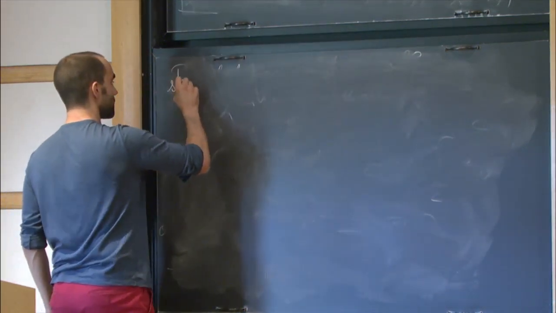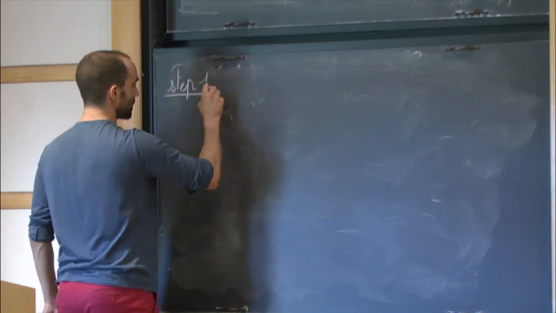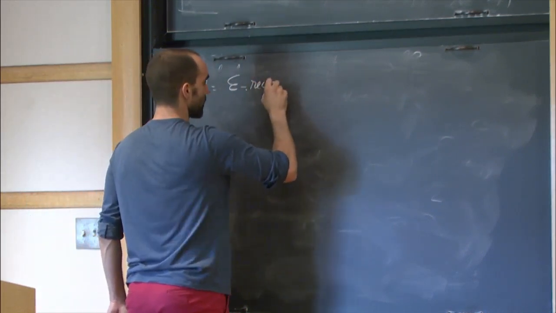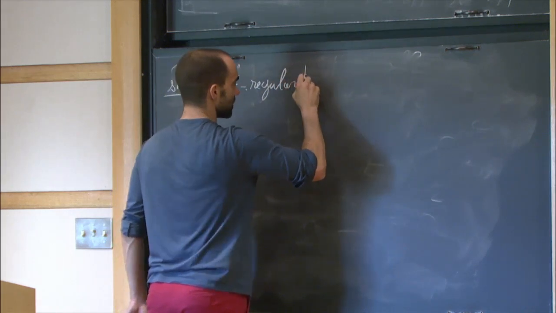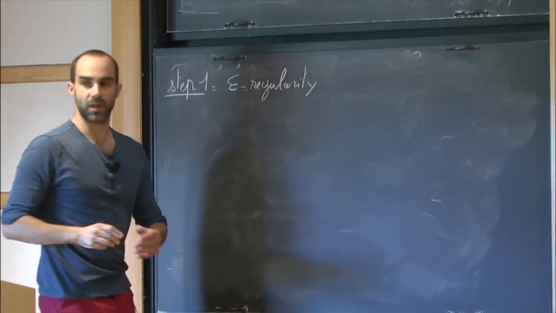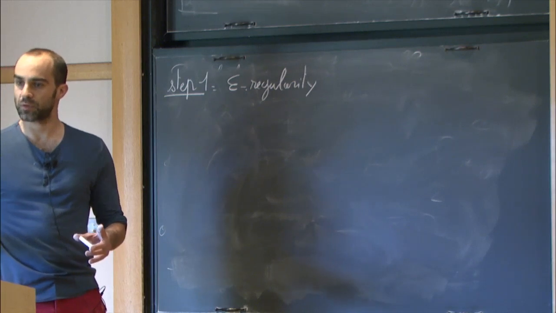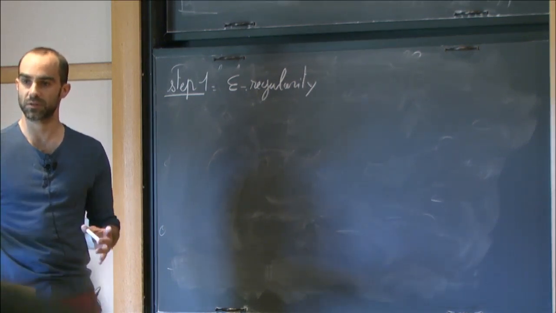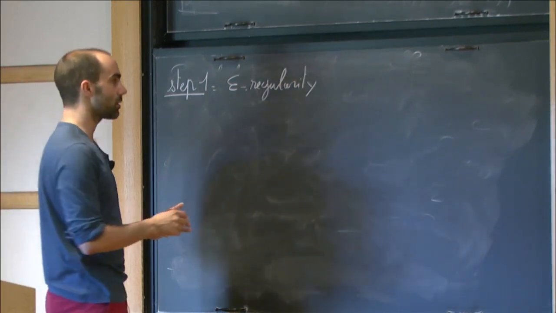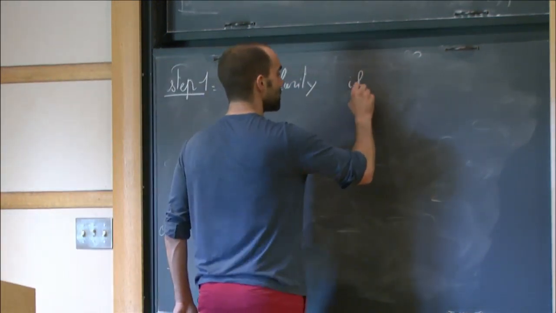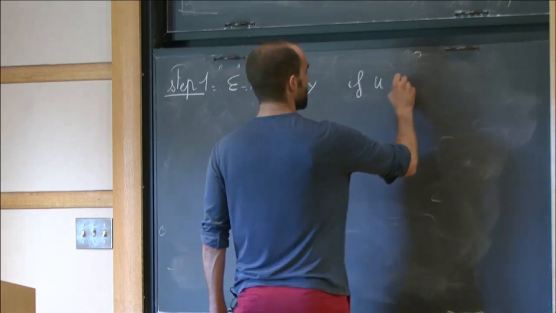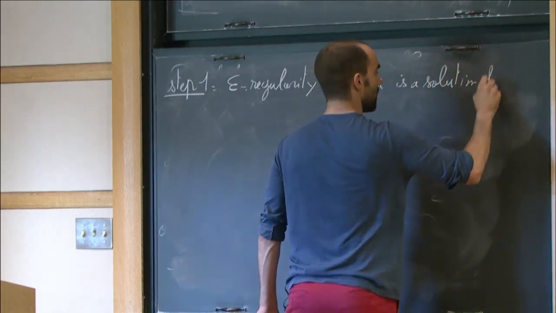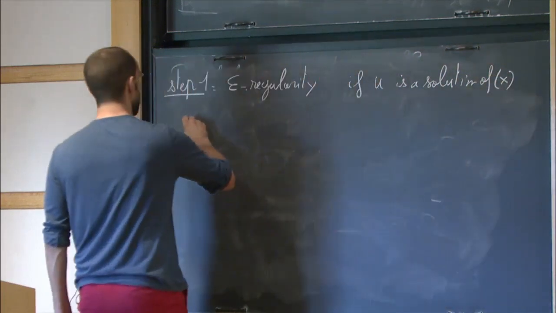So the proof is in 4 steps, and the first one is a well-known concept of epsilon regularity developed by Schoen and Uhlenbeck for harmonic maps, which states that, morally speaking, under a certain level of energy, everything is under control. So here, if u is a solution of (star) with